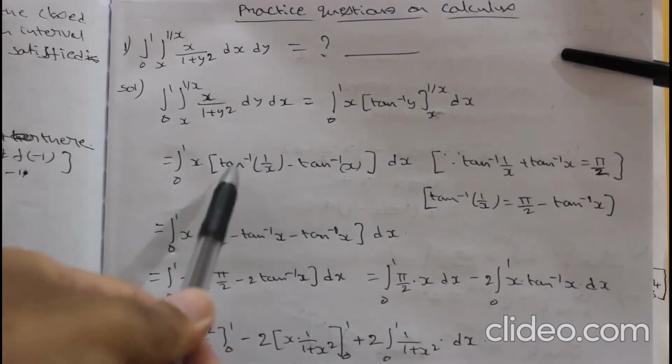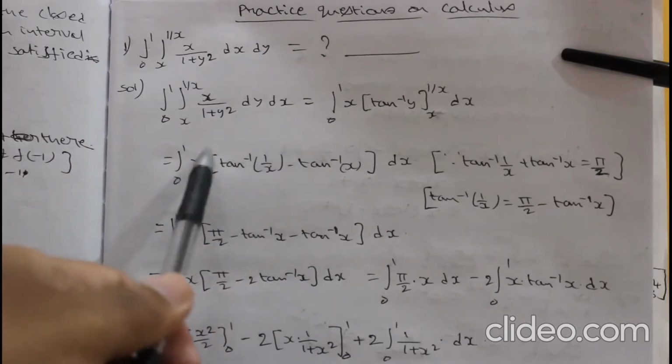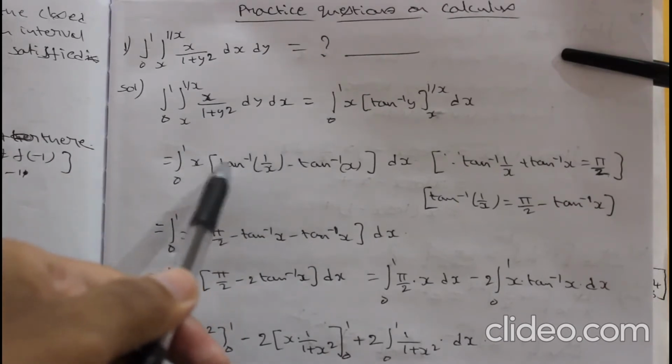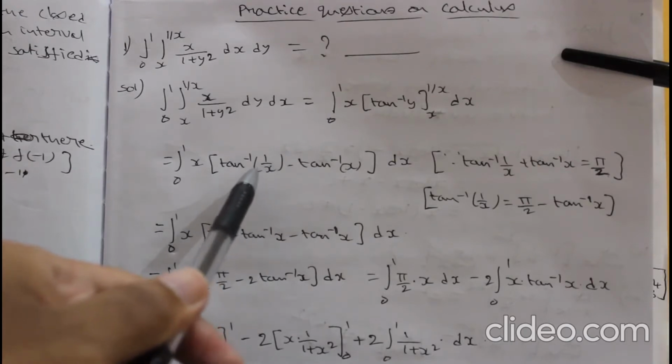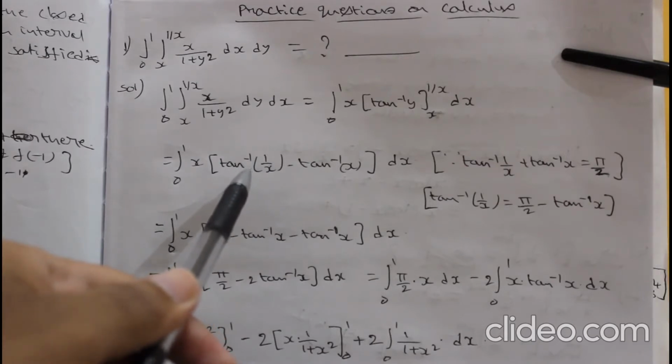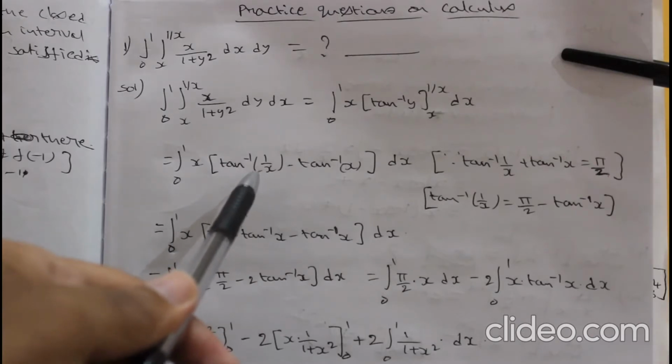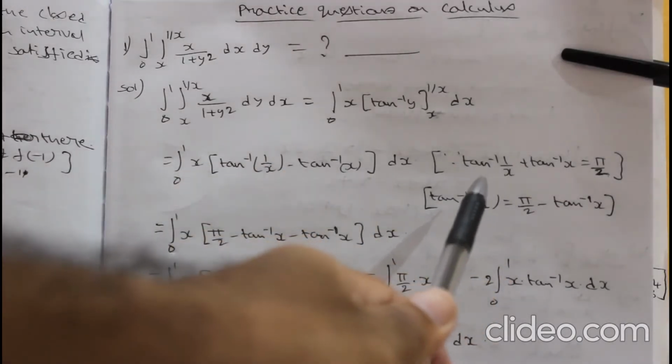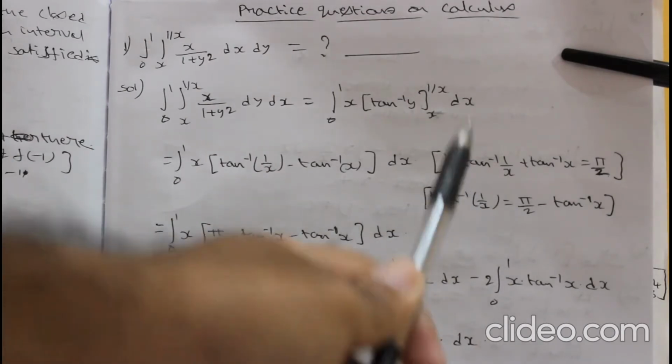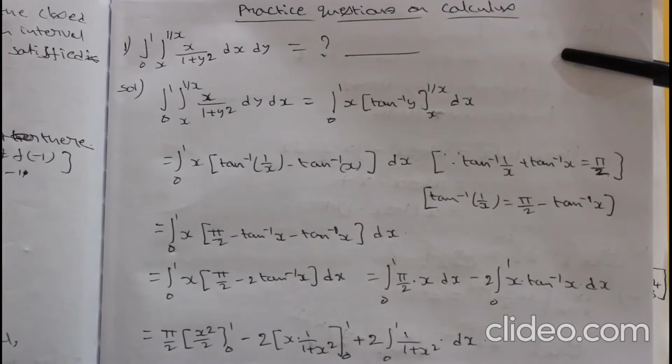Here we got one complicated factor, that is tan inverse 1/x. In the earlier videos I have clearly told you that if you have any complicated things, you have to eliminate it or you have to replace it. Two things you have to do, either replace or remove it. You have to remember these formulas. I am mentioning many formulas while solving the question, but you have to remember all of them. They will be helpful while solving numerical questions, to apply directly.